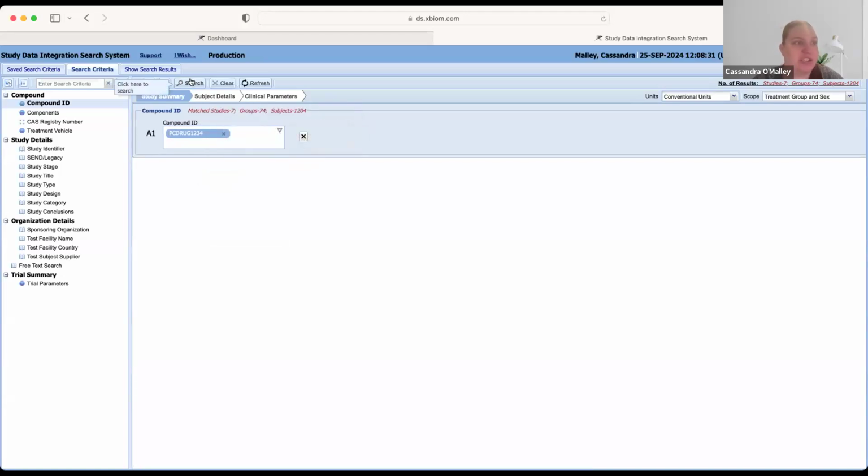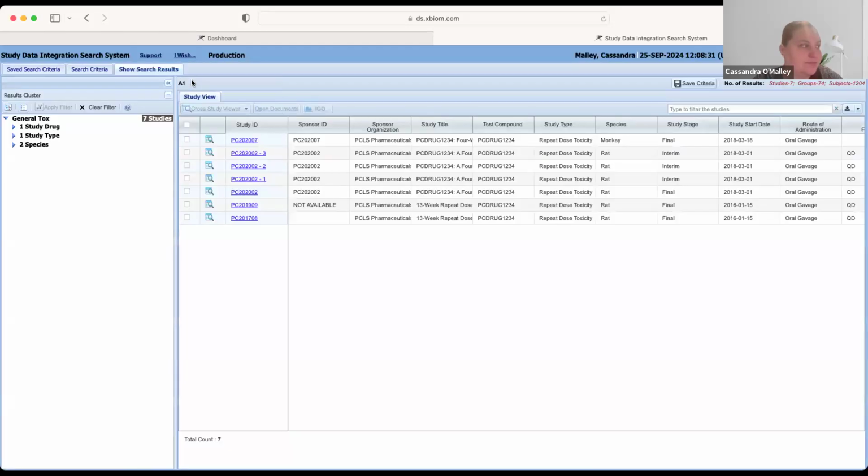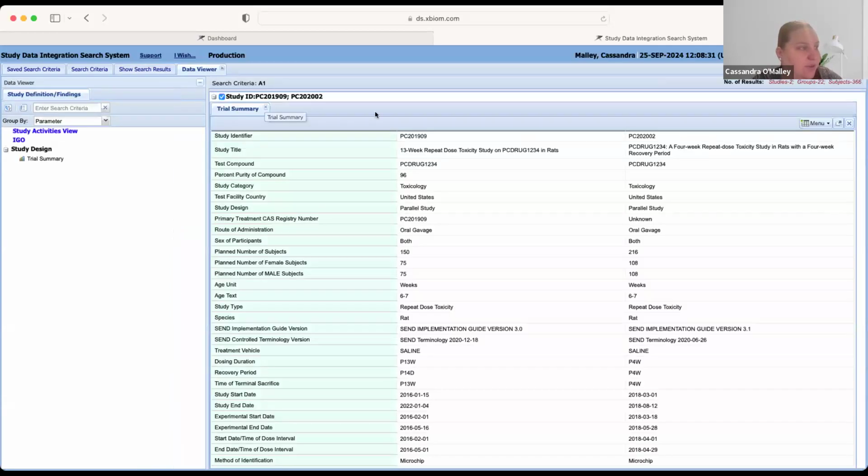And then I'm going to search to see which studies actually come up. From here, we can select studies to visualize together, and I'm going to select PC 202002 and PC 201909. And I'm going to take a look at these using the cross-study viewer and take a look and see that everything matches up. So between the two